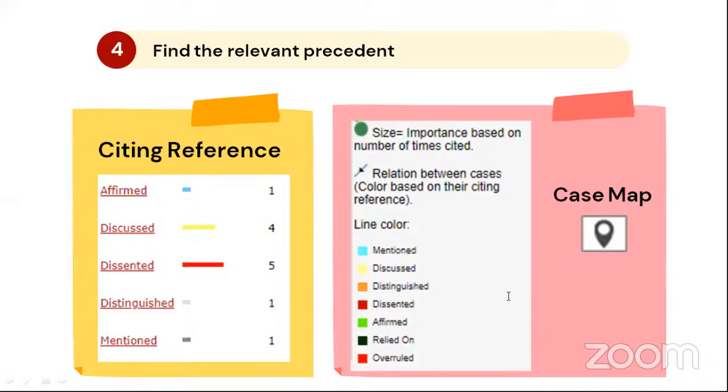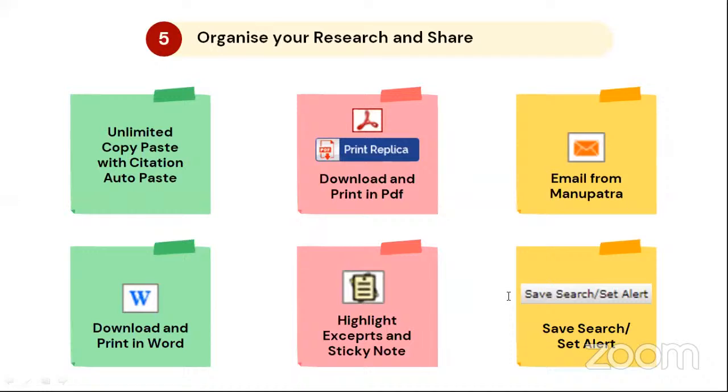Also, it denotes through the different colors of the lines what the treatment was. So again, eliminating the need to go through pages and pages and pages of judgment just to find that one feature or one fact on where it is. Moving on. All the features that I mentioned were regarding finding more judgments on the same proposition,